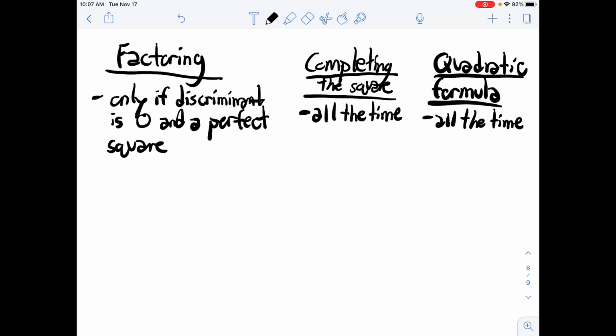So if you want to solve a quadratic equation using the quadratic formula or completing the square, you can do it whenever you'd like. But you can't always use factoring to solve a quadratic equation. You need to find the discriminant first, and if it's 0 or a positive perfect square, then you can use factoring, but